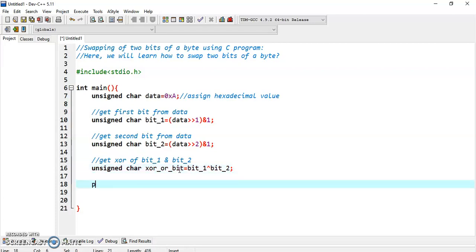Now we print the result with printf: after swapping the bits, data value is %02x, which is hexadecimal.